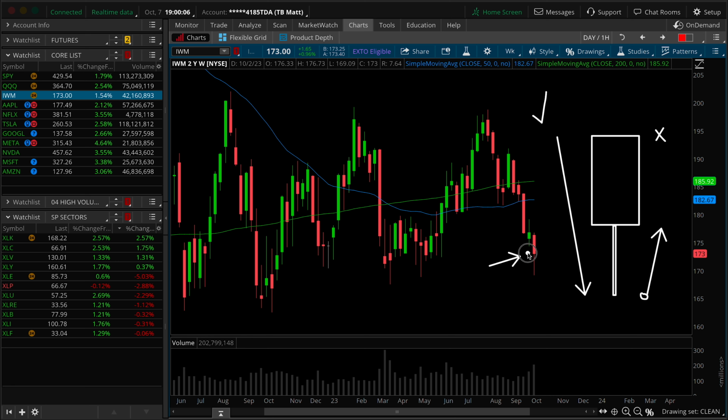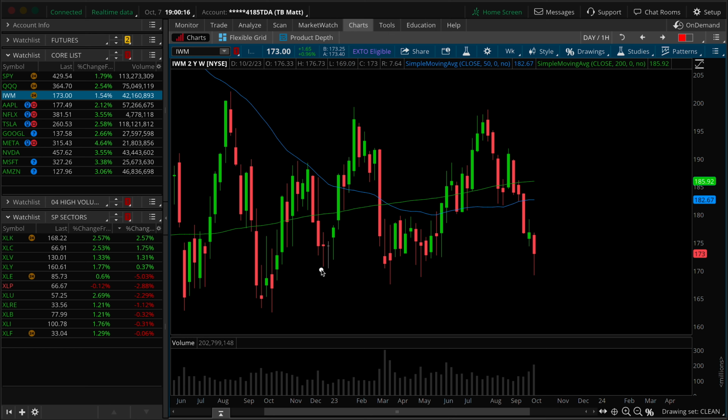We've also closed firmly underneath the prior week's range, and you can clearly see on the bar-to-bar count from a location point of view, we have ourselves a bar-to-bar lower high and lower low. The only saving grace here is that the weekly time frame chart is trying to hang on to key support, trying to find buyers at the 170 level, and we've ultimately made it, quote, home from the head and shoulders